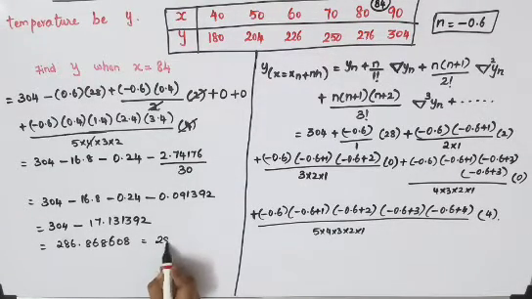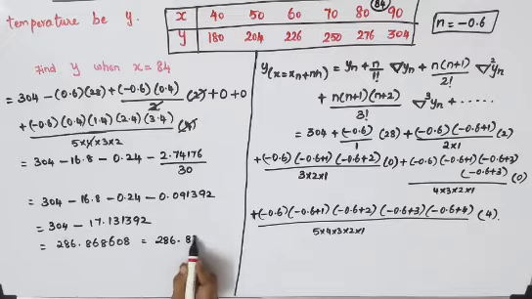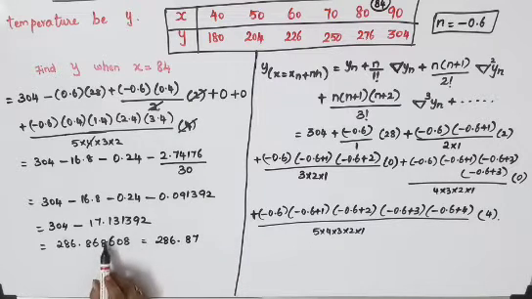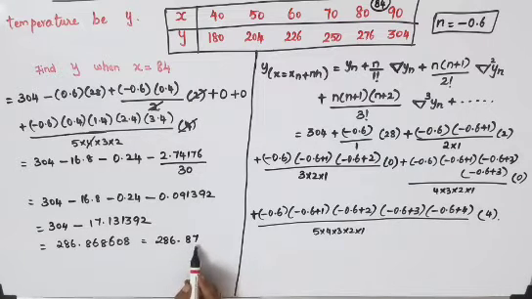So 286.87 you can write. Just eliminate all these numbers. Since it is more than 5, you can add one number to the before numbers, so you will get 87.